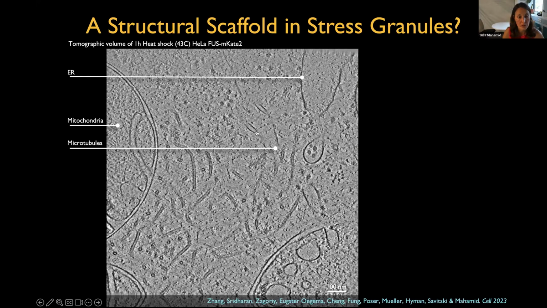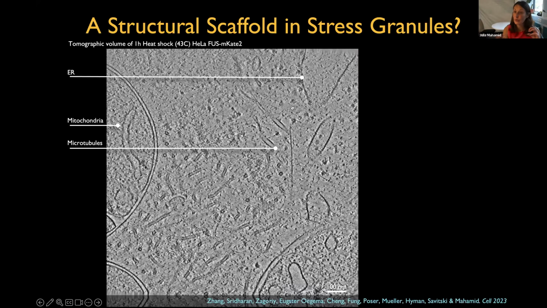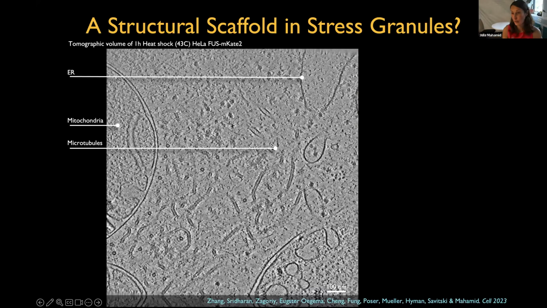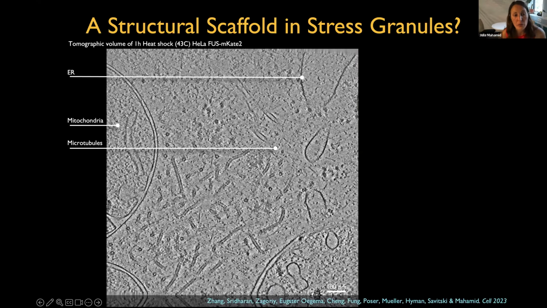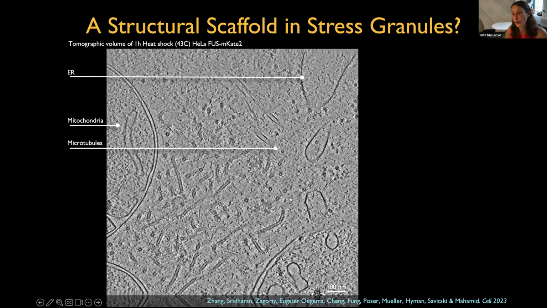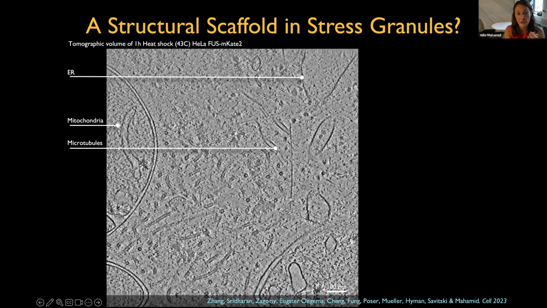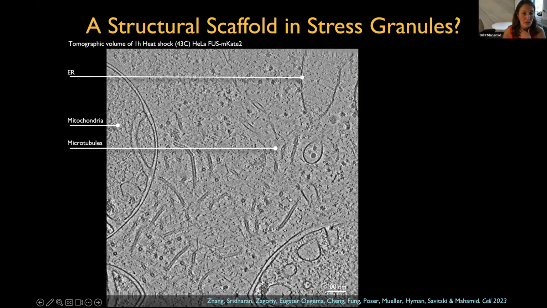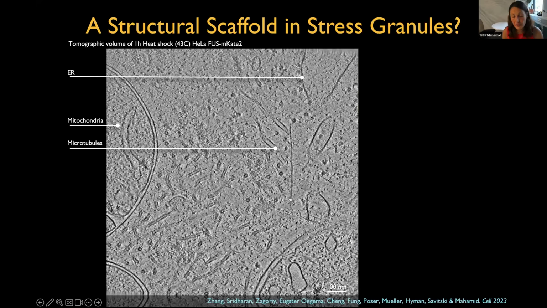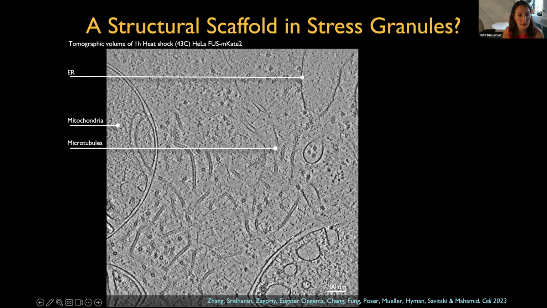There are two microtubules here and an actin filament that you can really recognize based on the structural signature. And so what we started encountering more often associated with our fluorescence signal are patches of these extremely entangled filaments. And if we just